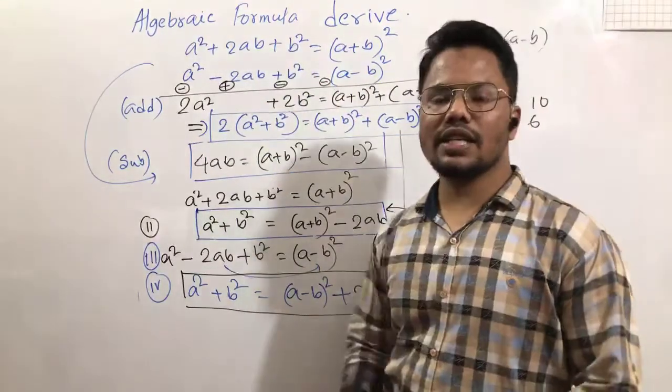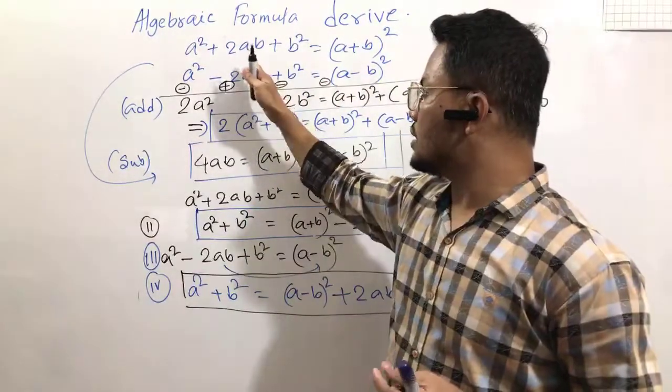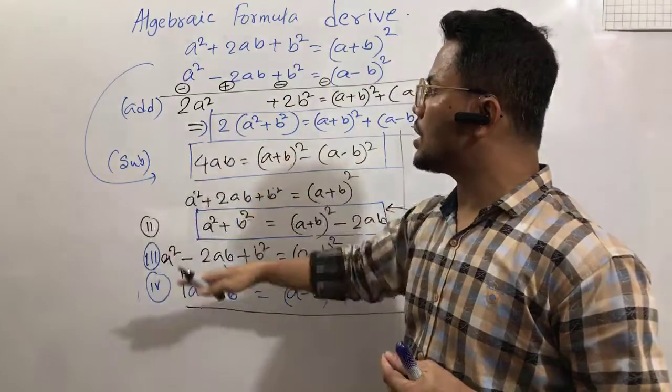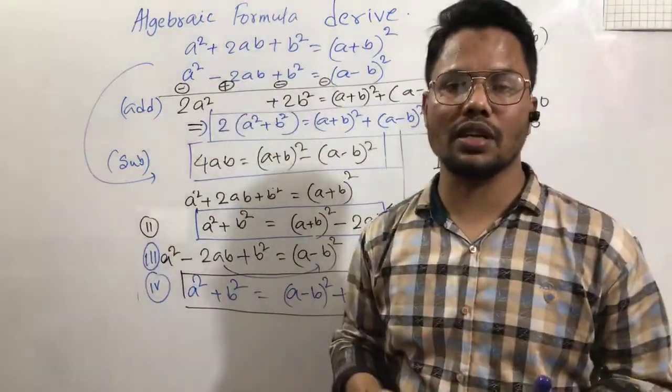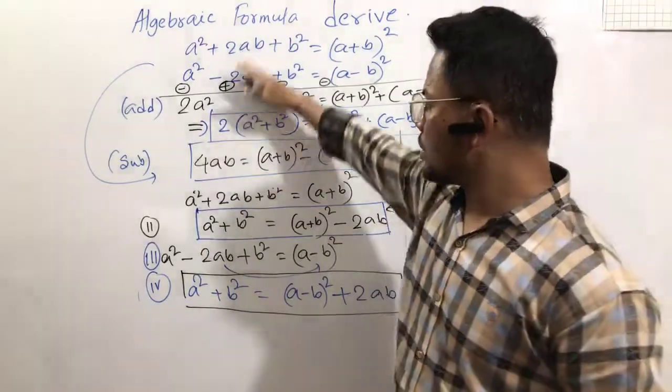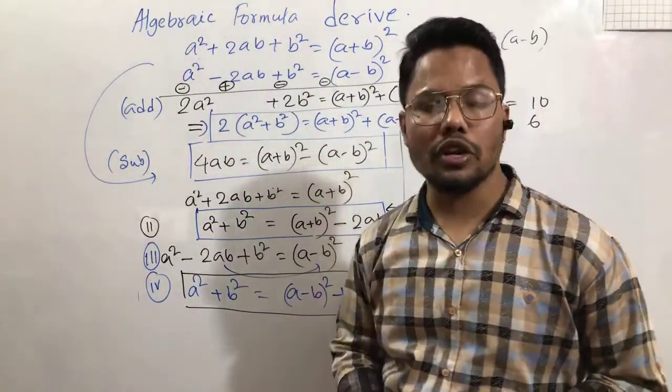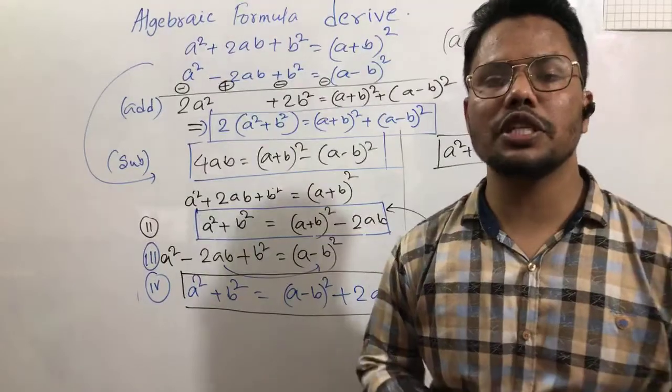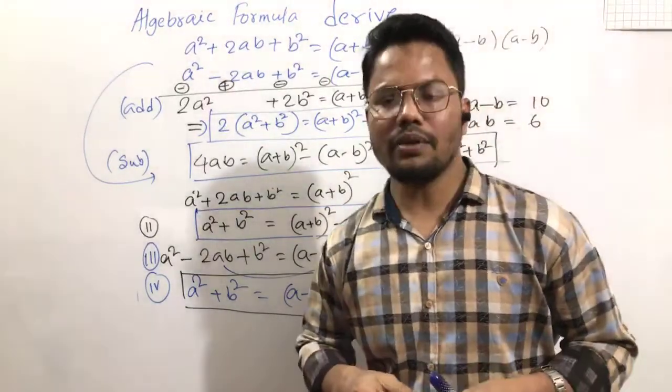Now making the relation, sometimes if you change the left side to the right side, or if you add or subtract, you can derive a new structure of them. So these all are related with the square form. Now we will discuss how the cubic formula is derived. Okay, my dear students,